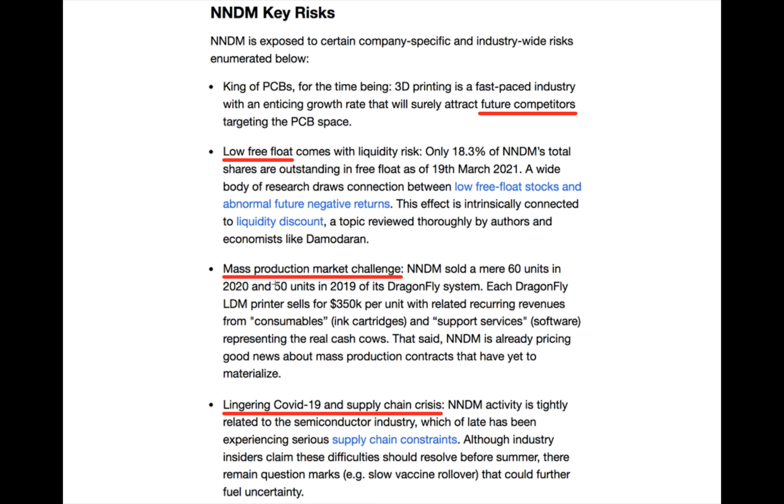You've got mass production market challenge. So if you've got a product that's selling for $350,000 and you're selling it to companies, you're not selling it to consumers, you're gonna have some difficulty mass producing. And then you've got the COVID-19 and supply chain crisis. So anytime you are in an industry where there's a supply chain, you are giving up some control. So it's a bit like if you're buying a property and you're part of a chain. It's always better to be no chain. But